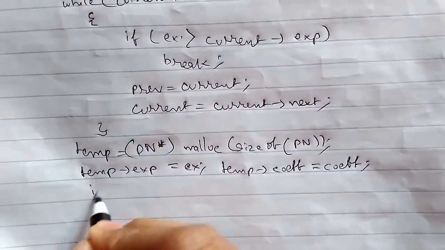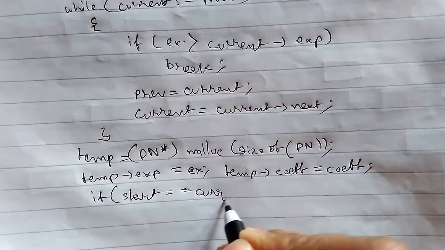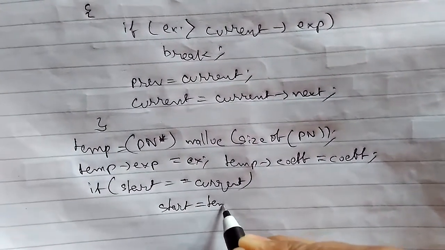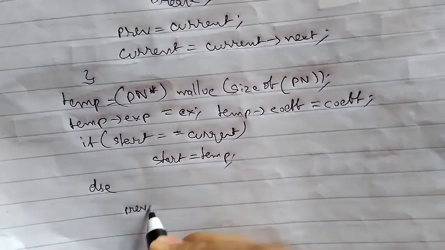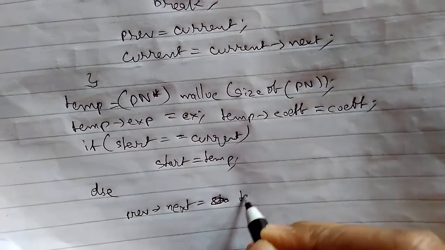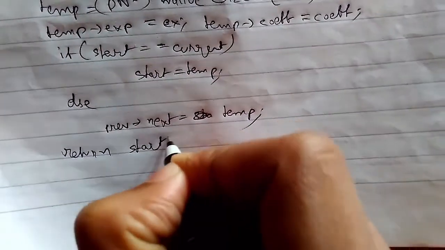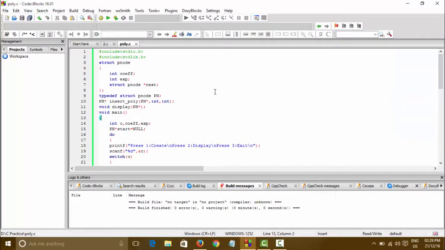Now for the first case, we are inserting at the start, and for other cases, prev arrow next must be set to temp, and return start, and we are done.